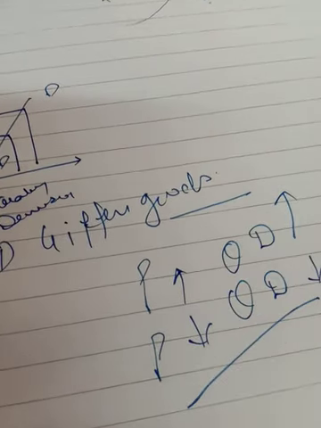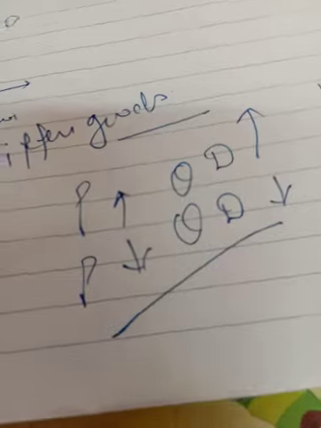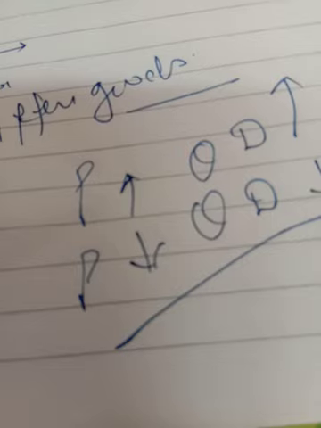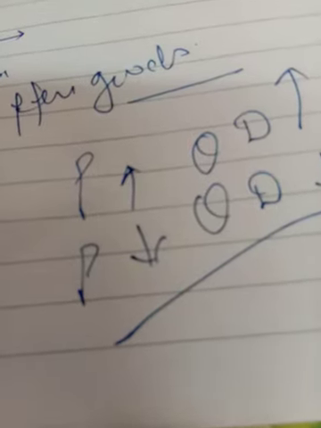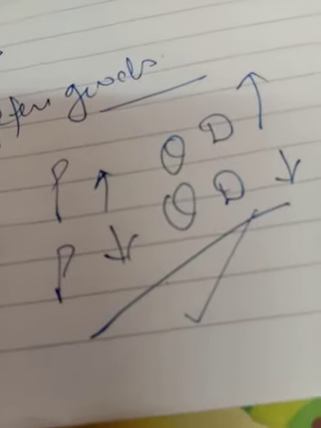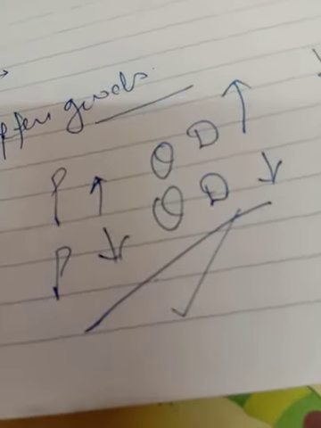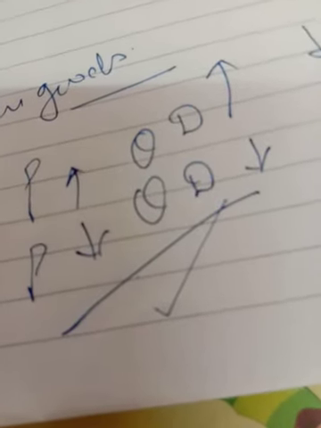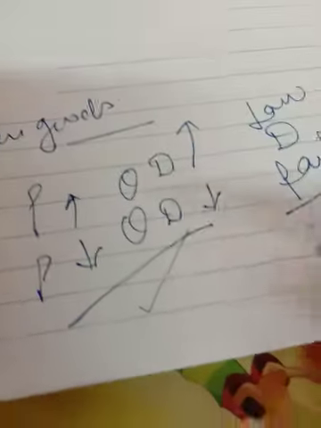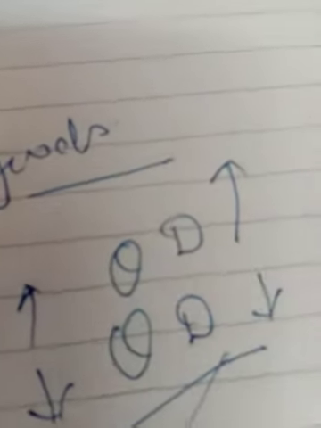It can be asked which type of good indicates the positive relationship between price and quantity demanded. There you will mention that it is the Giffen good. When price rises, their quantity demanded rises, and when price falls, their quantity demanded falls. Otherwise, what is the law of demand? When price rises, quantity demanded decreases. When price decreases, quantity demanded increases. But here the law of demand fails. Why? Because this is the Giffen good given by Sir Giffen, and this phenomenon is also known as the Giffen paradox.